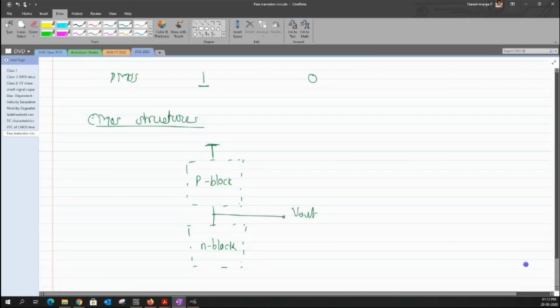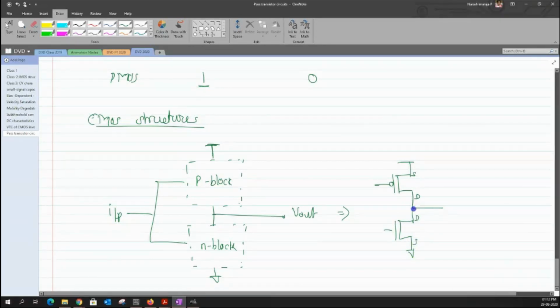And since our NMOS is good at conducting logic value 0, we would attach a ground to the bottom of this particular structure. And as we know, the inputs would go in common to both the PMOS and the NMOS block as well. So based on this concept, we had the discussion of this simple CMOS inverter, where you could see that the source terminal is connected to the VDD, and even here the source terminal of our NMOS is connected to the ground, and the drain was connected to our Vout. So in general, this is the structure that we will have. So this is our CMOS inverter.